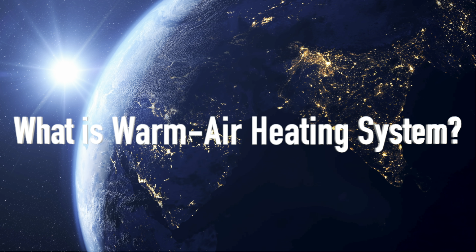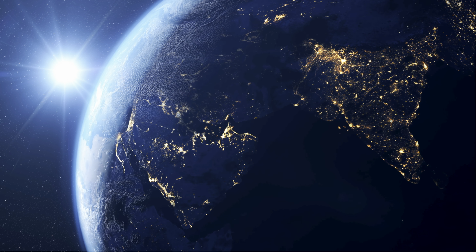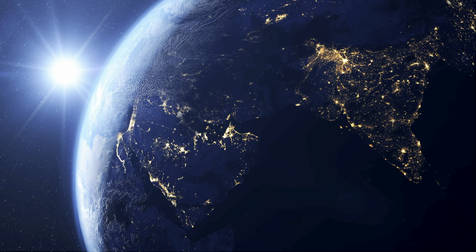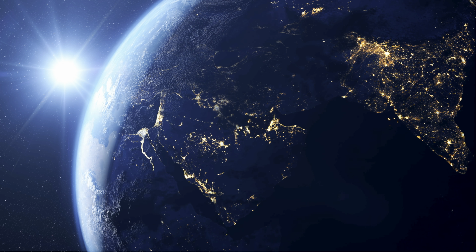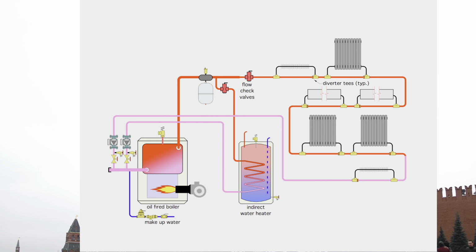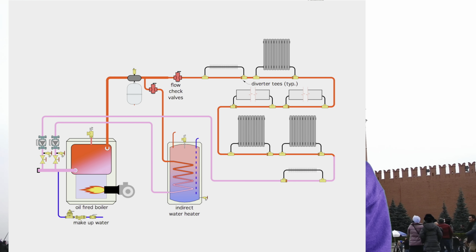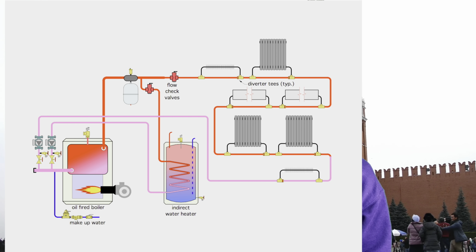What is a warm air heating system? A warm air heating system uses thermal energy to heat the air, then forces the warm air through system ducts. A warm air vent is placed near the floor of each room. Warm air is less dense than cold air, so it rises. What if the warm air vent was placed near the ceiling instead? How would this affect the transfer of thermal energy throughout the room?